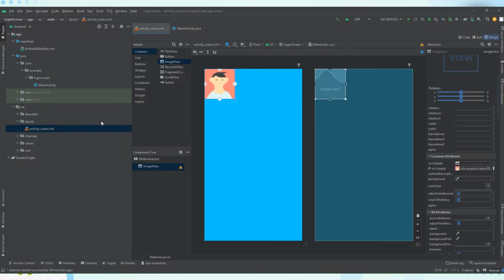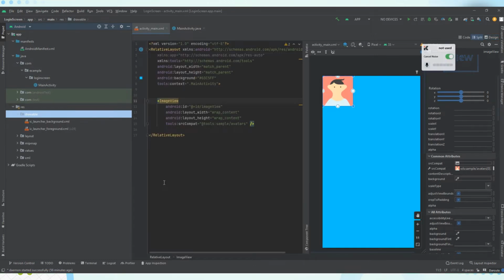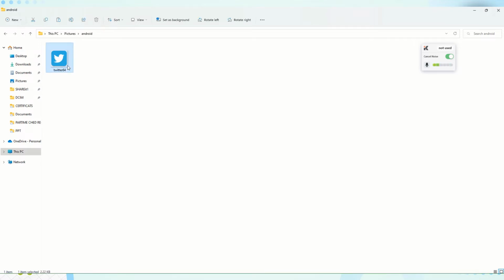Okay, so go to drawable folder, in the res package, then drawable. So find an image that you can replace this image with. So go to your computer, then find an image. I have here an image, Twitter as my logo, for instance, for an example. Okay, copy,